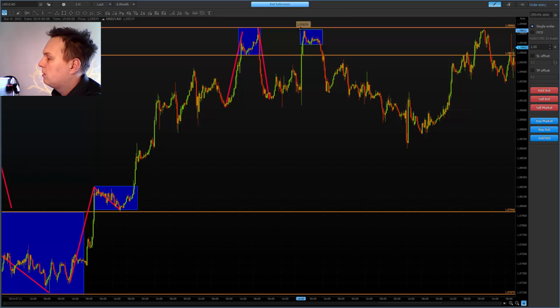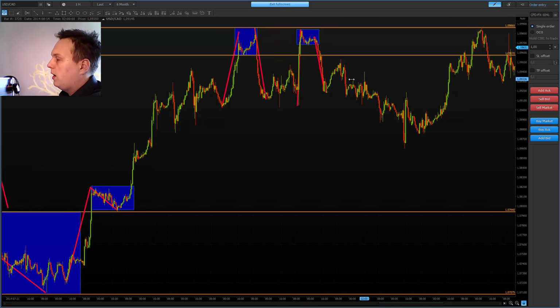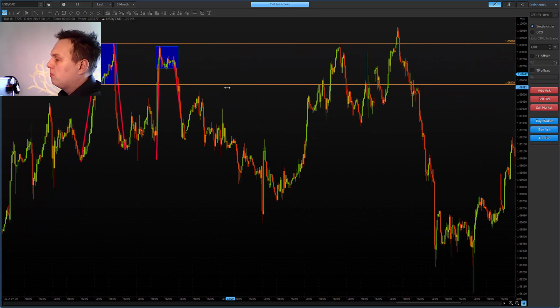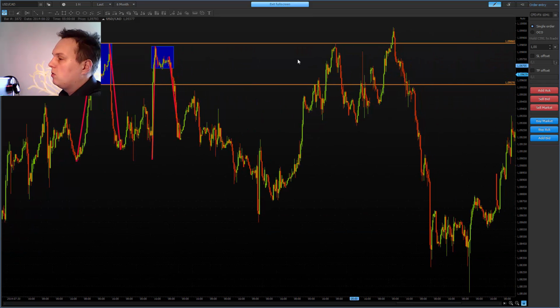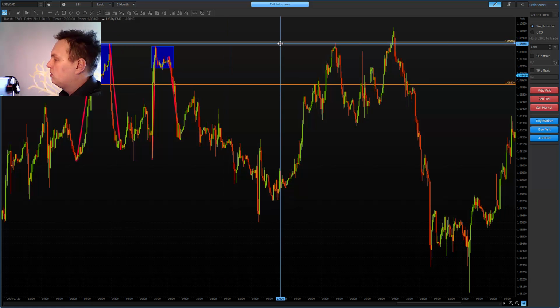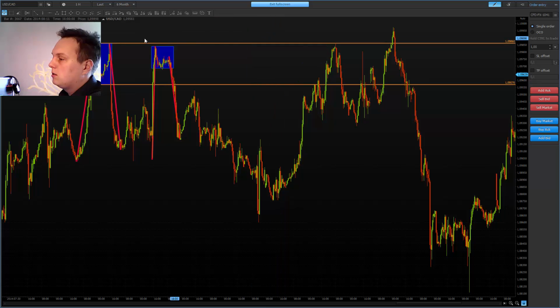Another example of rally, base, drop, okay, and price turnaround here in previous supply zone, so it's okay. But another test of this zone brings price to this resistance level. It's extreme point of our first supply zone here,